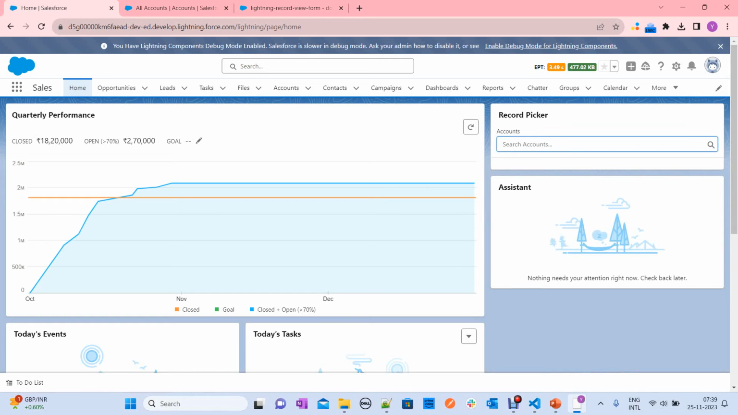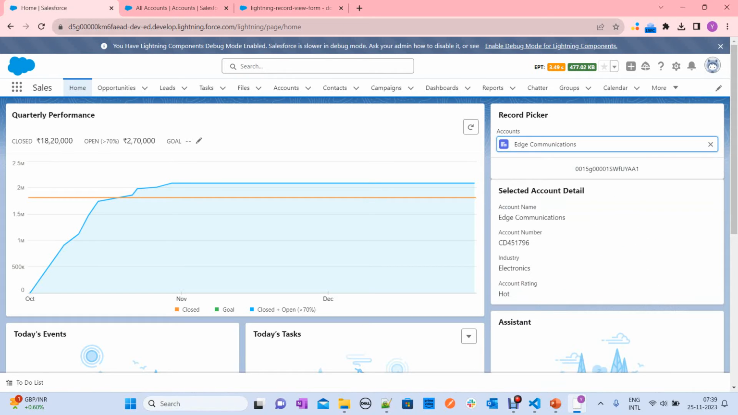If I select something else, for example, Edge Communications, that's it. This is how it works. Now what we have seen, we know how to use lightning record picker and how to capture the selected account record ID or selected record ID and display account record detail based on that. It's just a